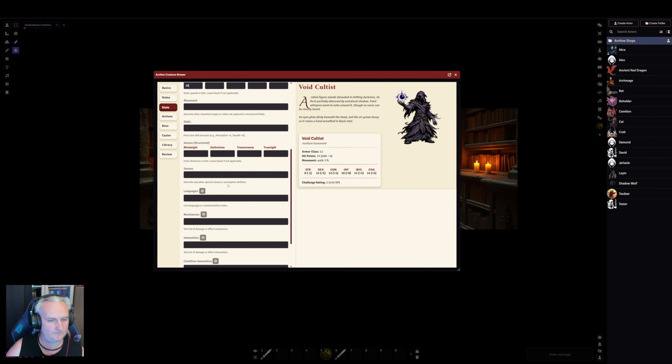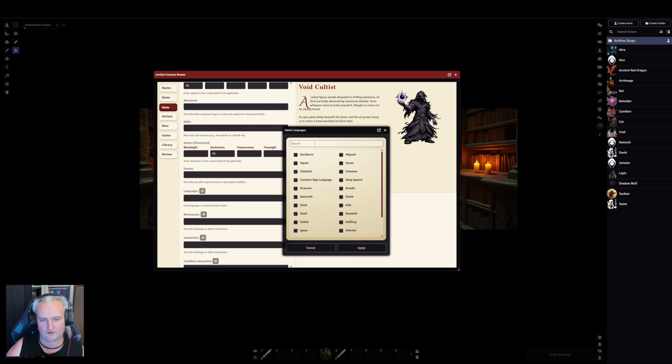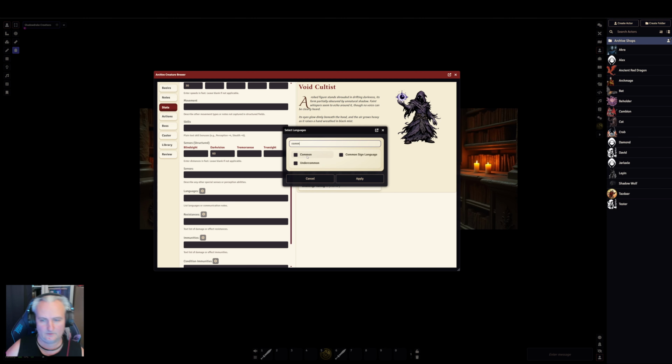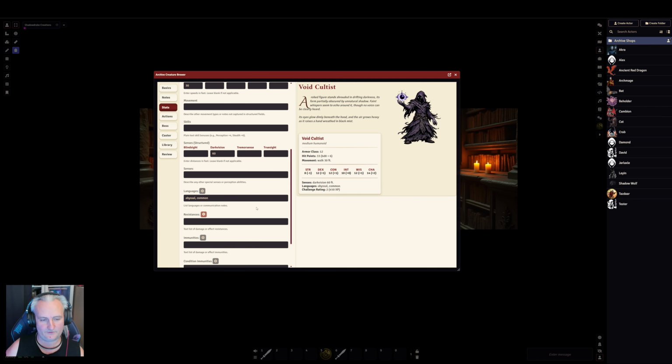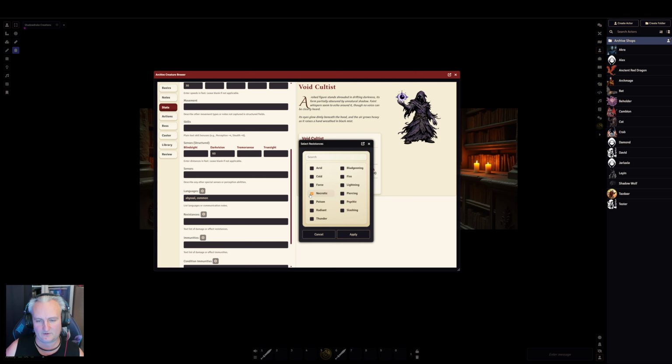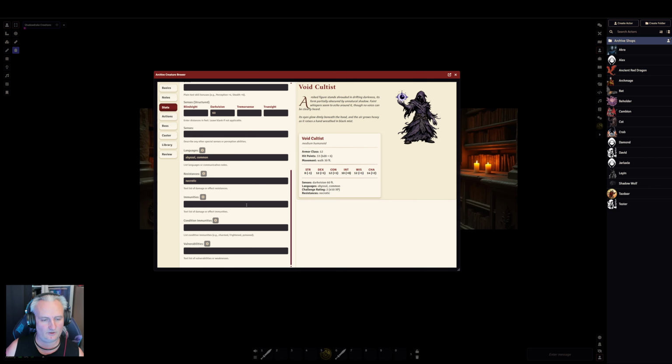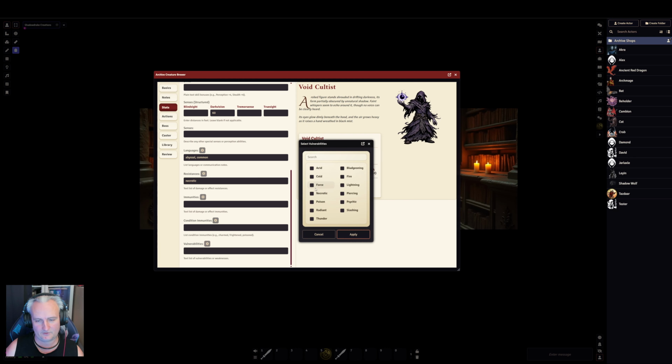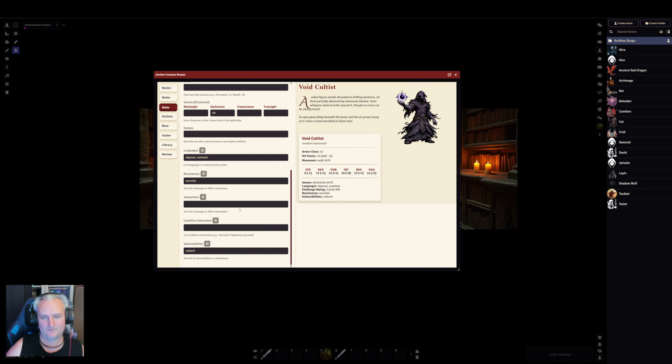We're going to give him 60 feet of dark vision. Let's say that he speaks common and abyssal. We'll apply those two. Resistances, let's say that he also has resistance to necrotic damage. No immunities, no condition immunities, and he is going to be vulnerable to radiant. Yeah, I didn't get real creative with this, I don't think. I created some pretty similar looking